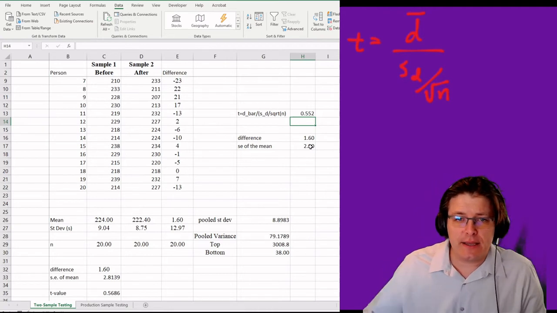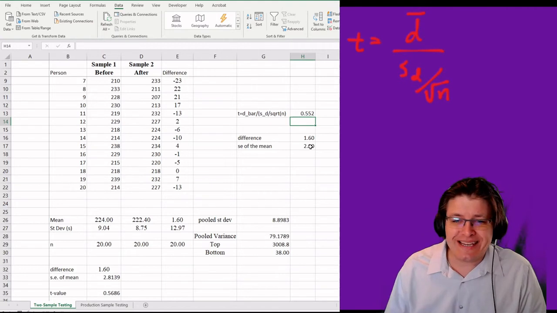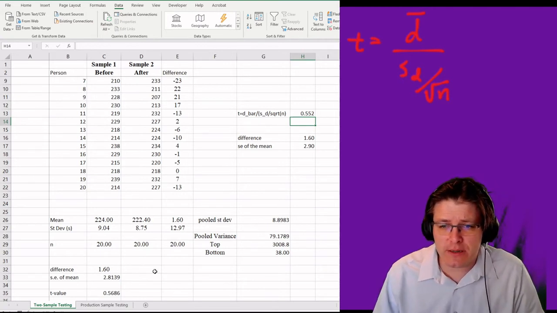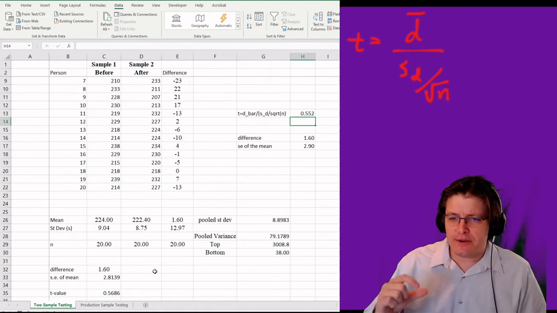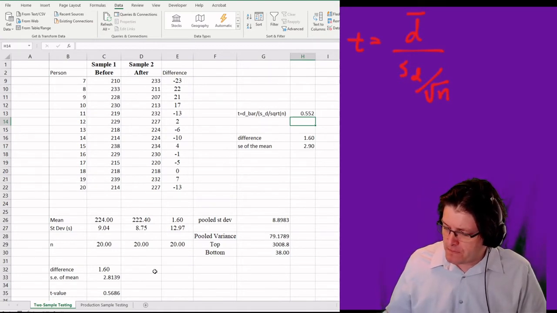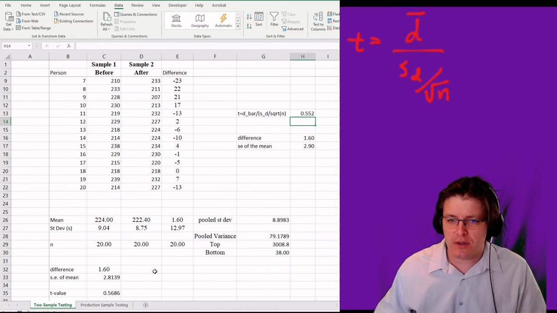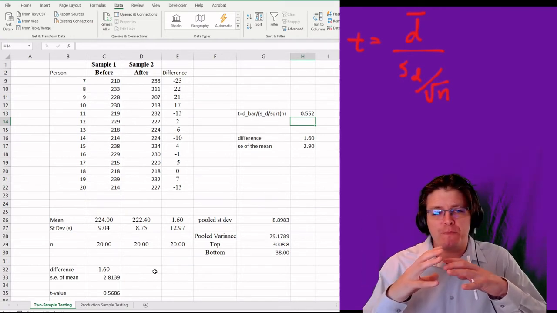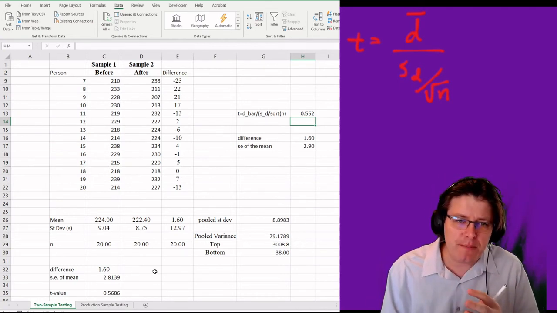In this case, the t value is 0.552. When we didn't pair them, we ended up with 0.5686. Okay, and so they're very similar. In this case, it's a little bit smaller. It can go kind of either way. Again, much of what we're doing here, whether it's determining z versus t versus which of the t's, pooled or unpooled versus the paired, none of this drastically changes the underlying fundamentals, which are driven by our samples,